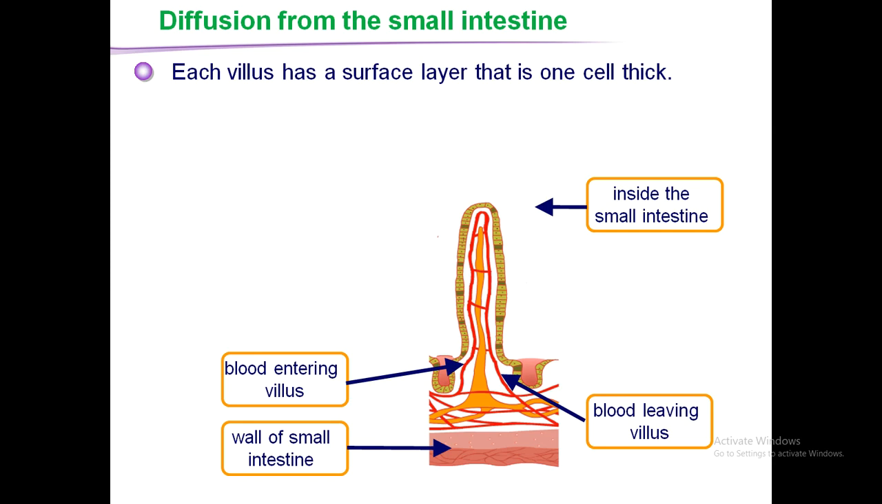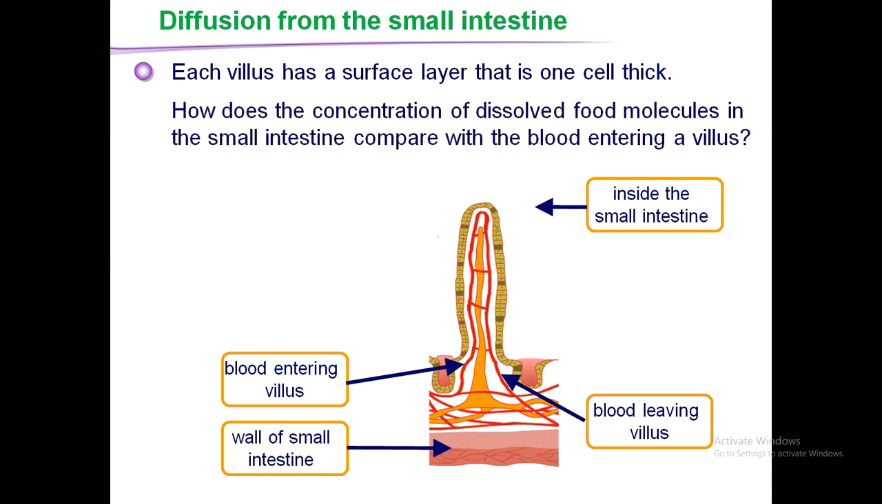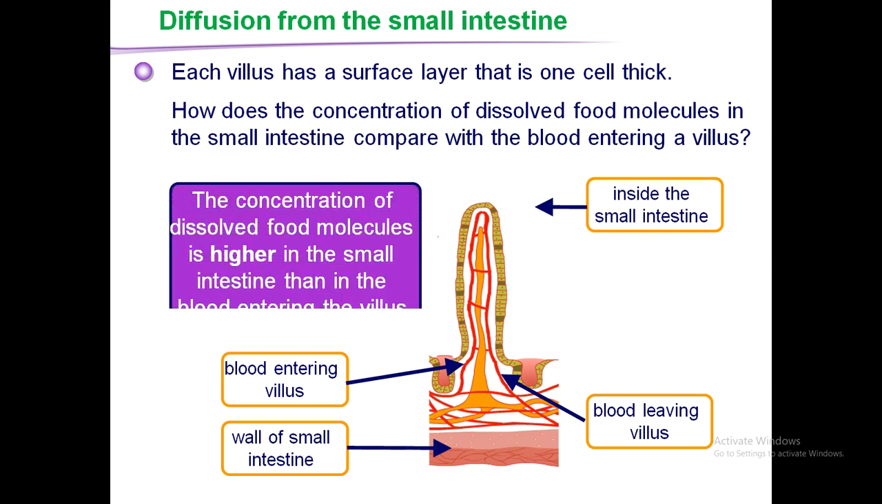Diffusion from the small intestine. As you know, when we eat food, it becomes digested. It passes along a long pathway, from the mouth to the esophagus, from the esophagus to the stomach, and from the stomach to the small intestine. There are three parts in the small intestine. The last part of the small intestine contains the structure in front of you,